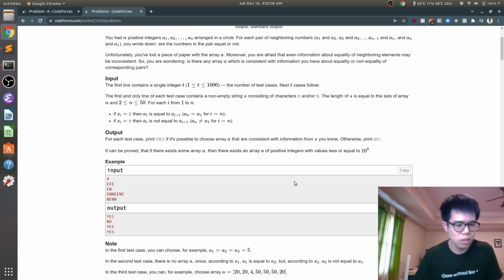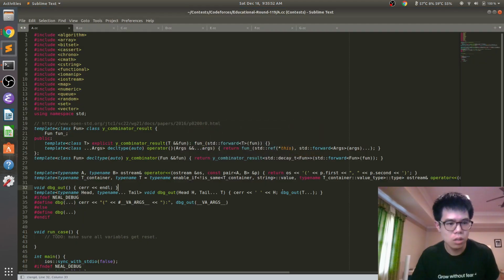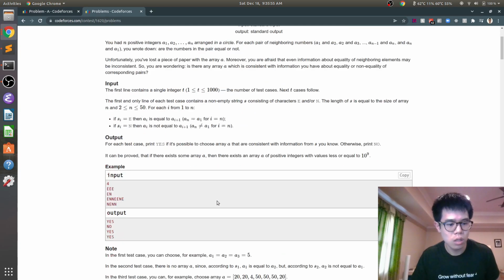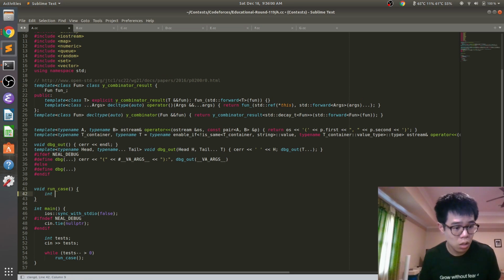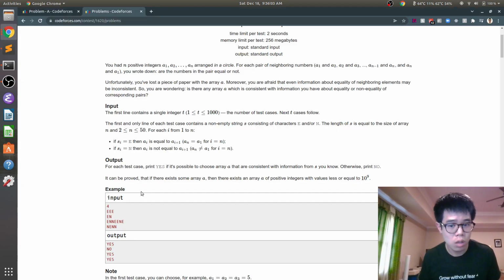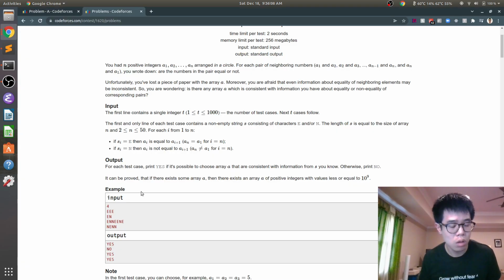How can it be inconsistent? The only inconsistent case is 1n. Pretty sure that's it. Well, if it's 2, then no. The only case is